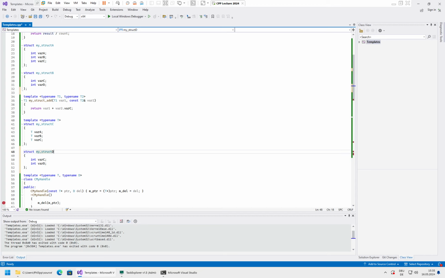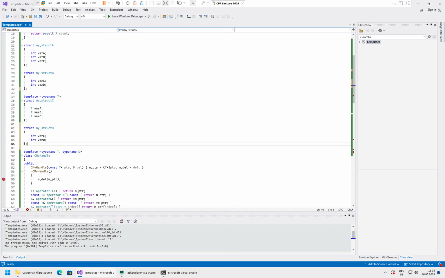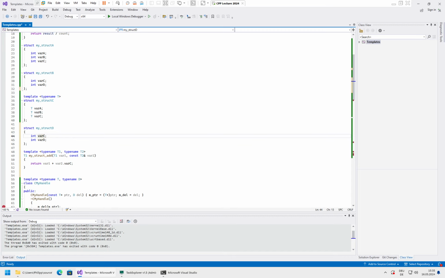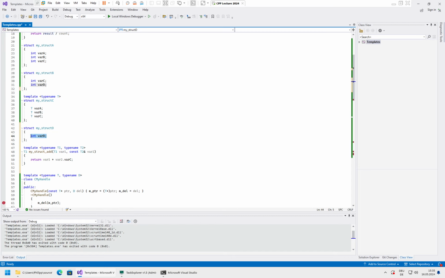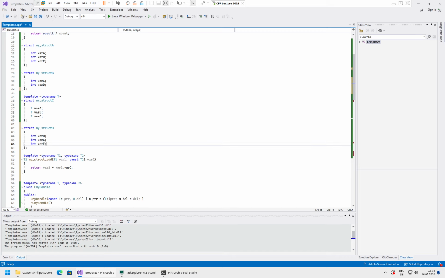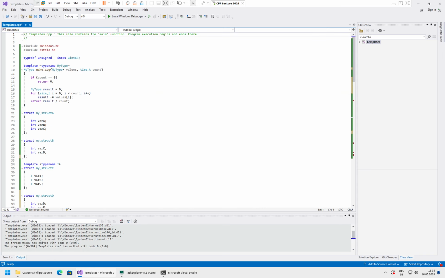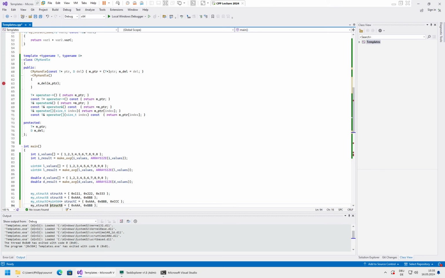I will move this further down so that we have all the structure definitions in one place, and then our other definitions. So we have our structure D, and our structure D is characterized by not having a var_c variable. So if we now try our trick of our structure, actually we can do it here, of our structure D,